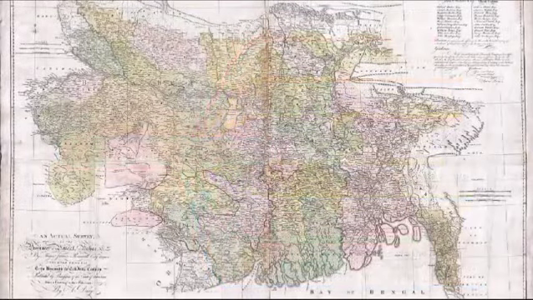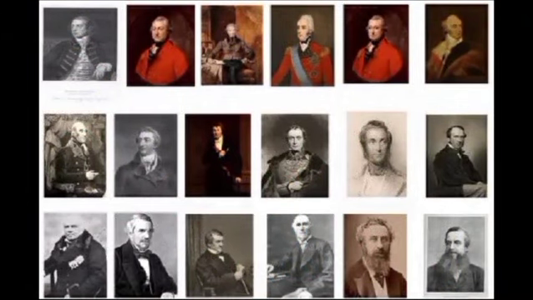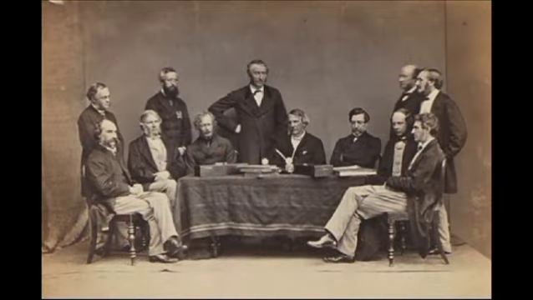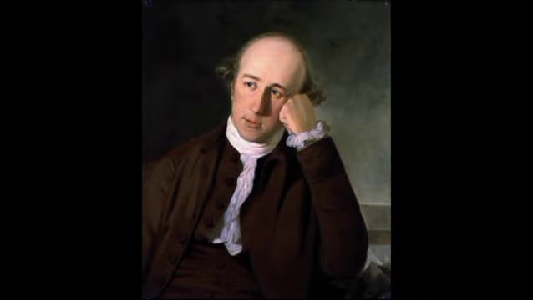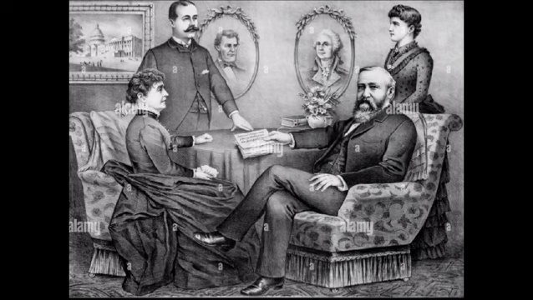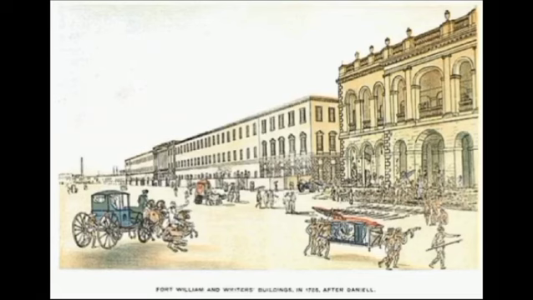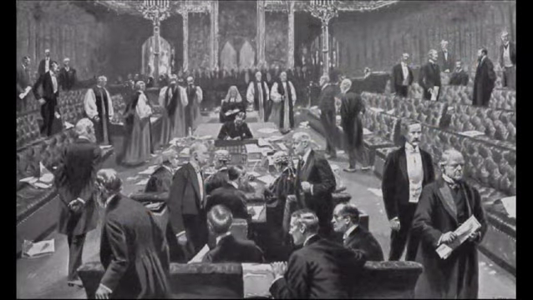Number 1. It designated the Governor of Bengal as the Governor General of Bengal and created an executive council of 4 members to assist him. Lord Warren Hastings was the first such Governor General. Number 2. It made the governors of 2 presidencies, that is, of Bombay and Madras, subordinate to the Governor General of Bengal. Number 3. A Supreme Court was established in Calcutta in 1774, comprising 1 Chief Justice and 3 other